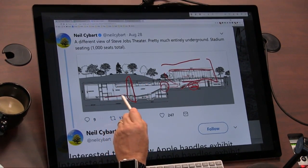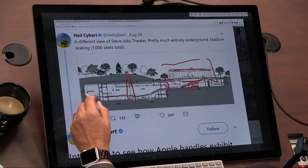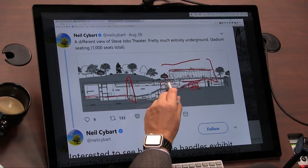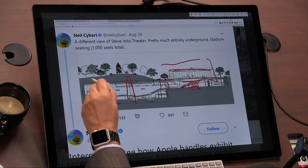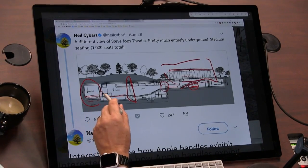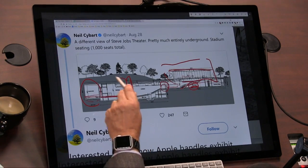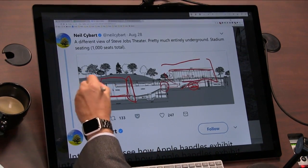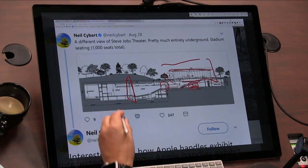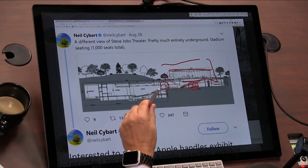Look at how much backstage and loading dock area there is. The loading dock must have a big elevator because it's underground. Everything's underground except for the lobby. The backstage is as big as the theater. The backstage is massive, and of course, that's where the executives are. That's where they're staging everything. They have a secret entrance in the back that goes right from the...